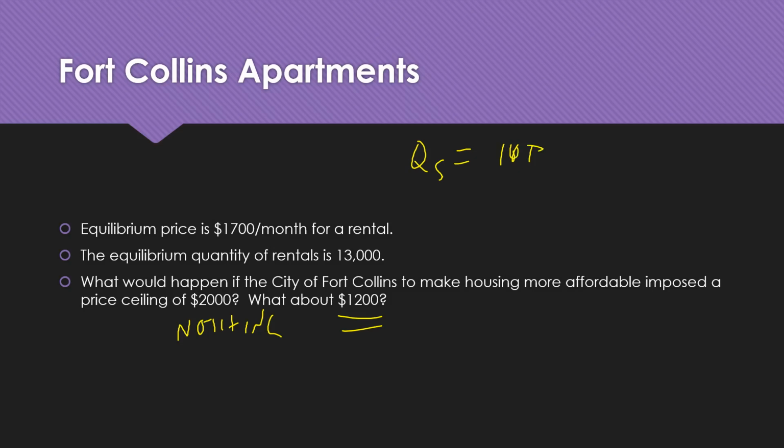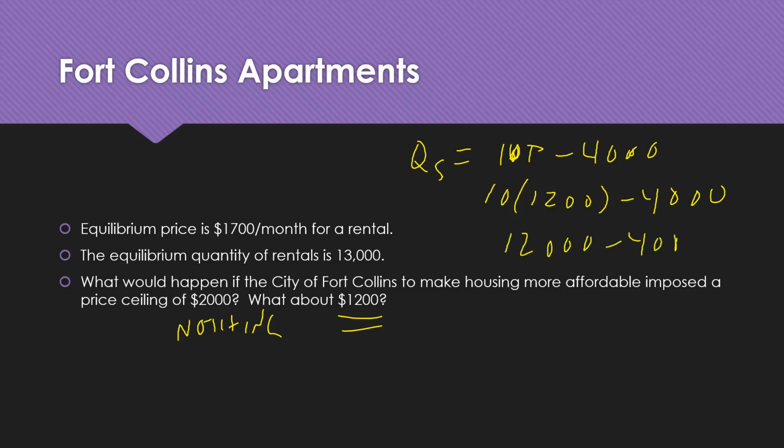It's a 10, it's a 0, I promise. Plug in 1,200 here, so we get 10 times 1,200 minus 4,000. So we end up with 12,000 minus 4,000. And so as a result of the price ceiling, only 8,000 units are going to be